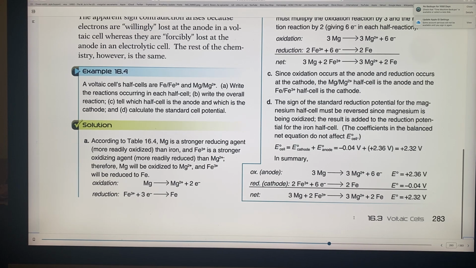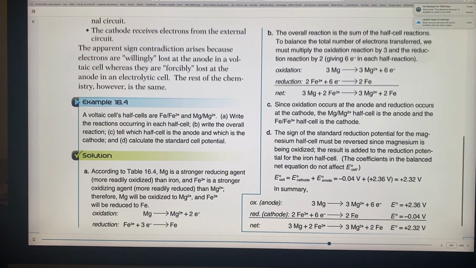So magnesium plus the 2 electrons would be magnesium ion. So magnesium is losing those 2 electrons. And then for reduction, the iron is going to want 3 electrons, right? So that would be the 2 different parts of it. Going on,